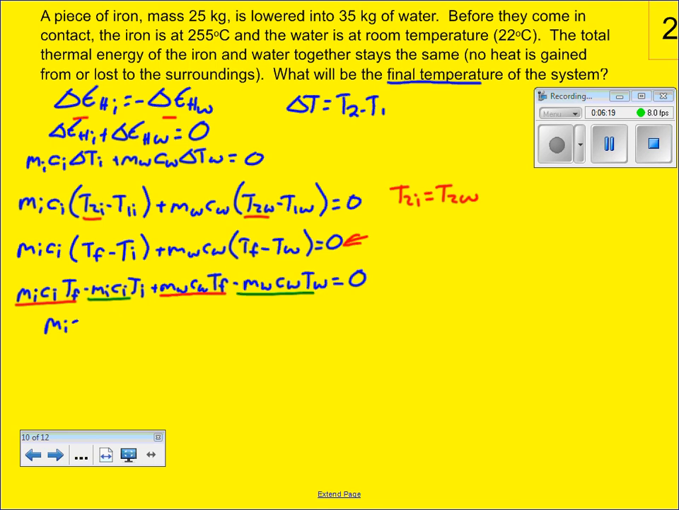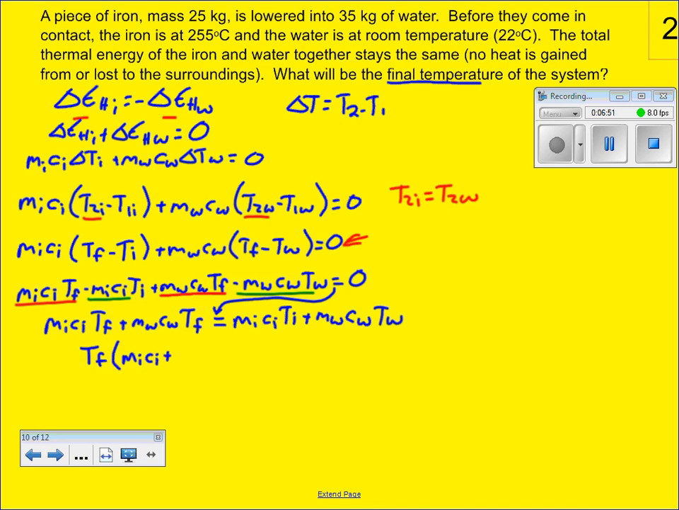MI CI TF plus MW CW TF equals MI CI TI plus MW CW TW. So we've moved our equal sign over to here now. Now isolating for TF, we have to factor it out. So we're going to get TF times (MI CI plus MW CW) equals, and there's nothing we can factor out of the other side, so it's just